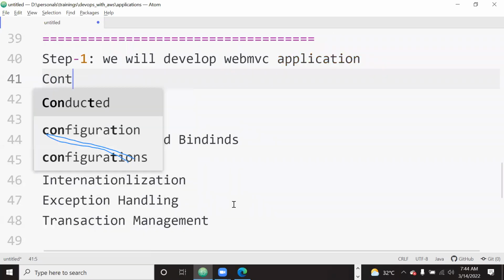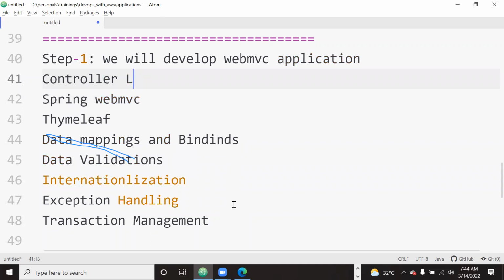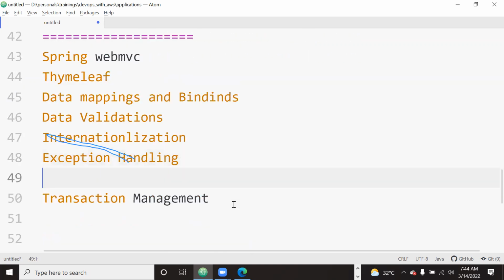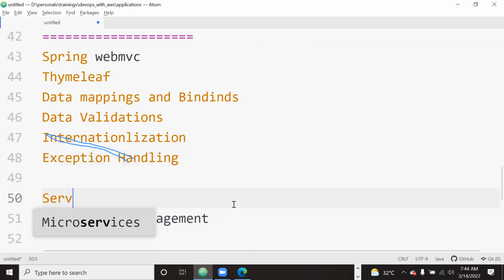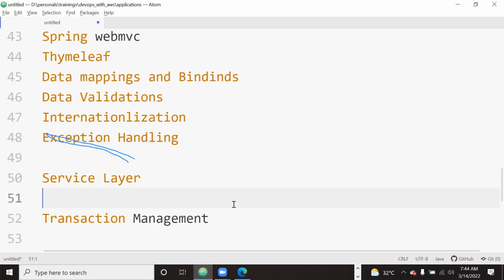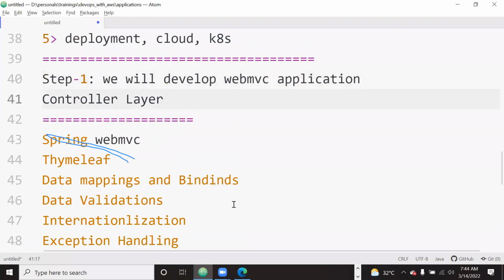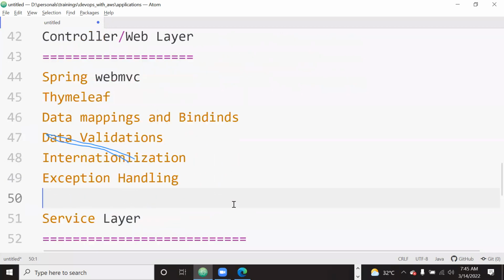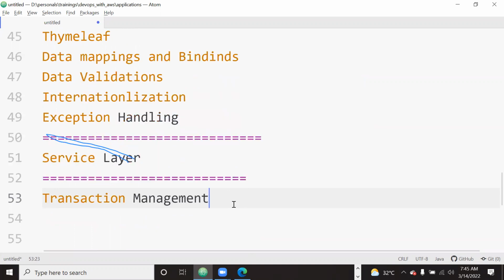So first we'll implement the controller layer. These are all using Spring Boot 2.x. And this is the service layer, where we will handle transaction management. The controller layer some members also call the web layer. So in the controller layer or web layer we will learn these things, and in the service layer we will learn transaction management. And in the DAO layer,